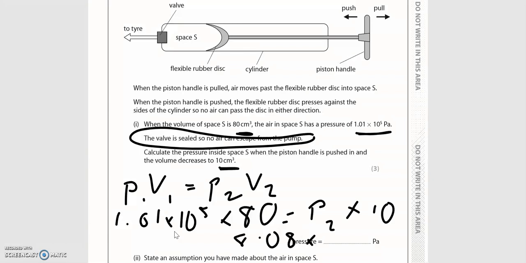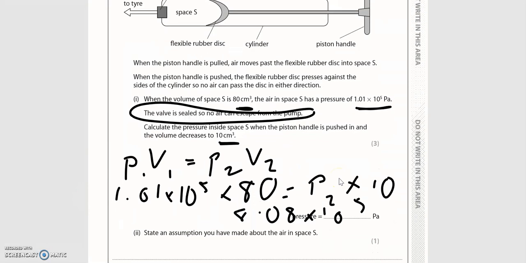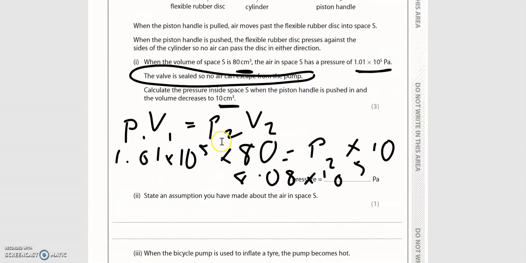8.08 times 10 to the 5 pascals. And that's logical because your volume has gone down 8 times, so your pressure will go up by 8 times because they are inversely proportional to each other. But there are other things that can affect the pressure of a gas, and that third